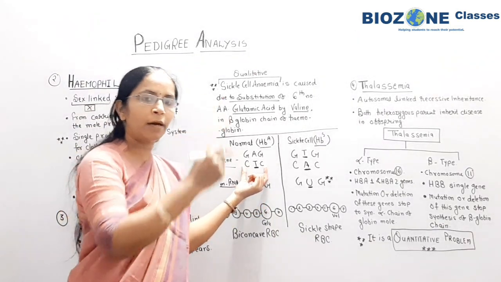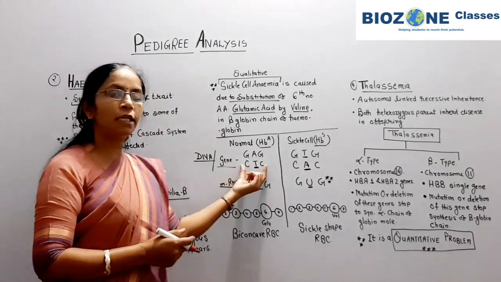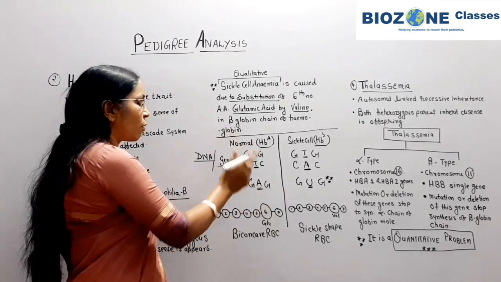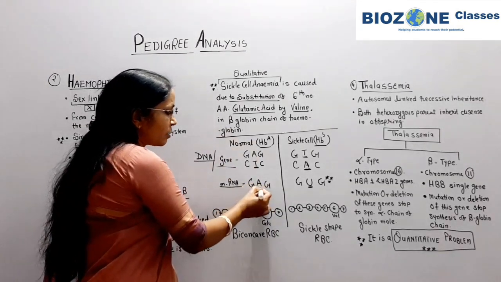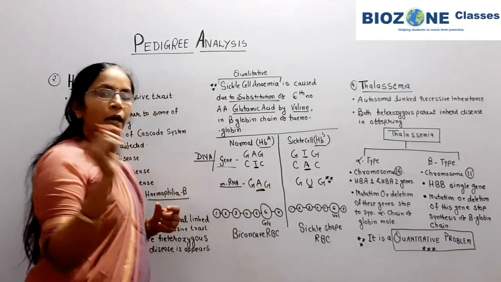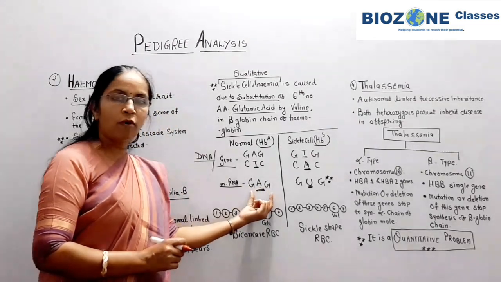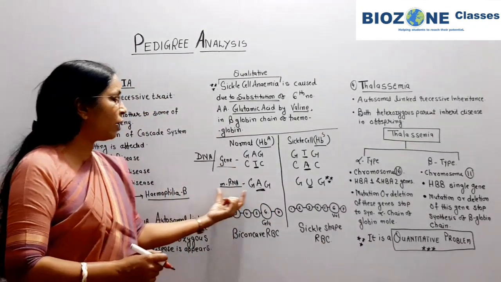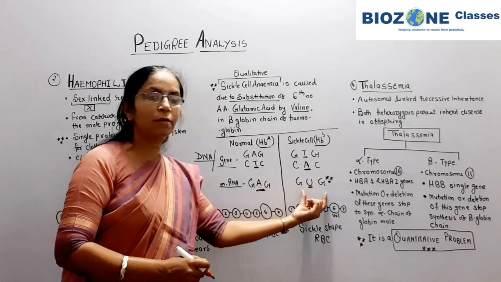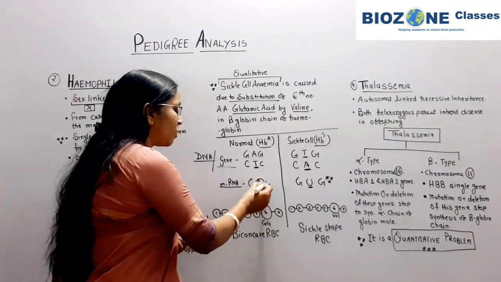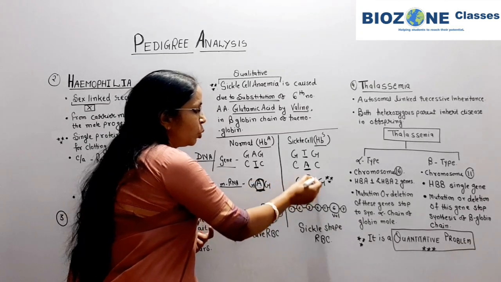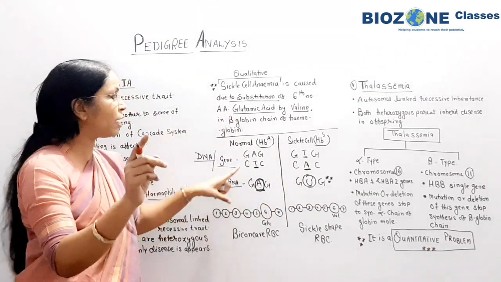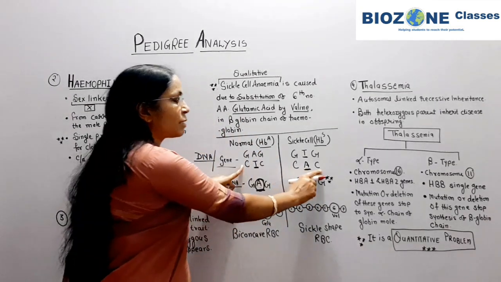ये सब पार्ट आप ऑलरेडी स्टडी कर चुके हैं. So CTC only participates and it undergoes mRNA synthesis. So in normal hemoglobin, when the mRNA synthesis takes place, the normal hemoglobin mRNA shows the GAG, but when the base substitution takes place at the level of RNA, in GAG A is replaced by U. So here you remember this part, when the A is replaced by U, the GAG is replaced by GUG at the level of mRNA. At the level of DNA, CTC is replaced by CAC.